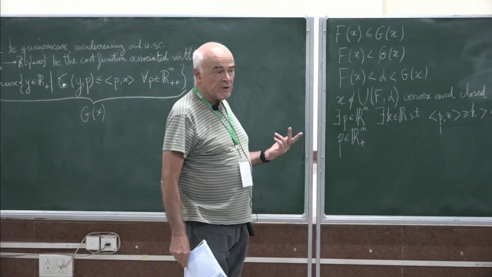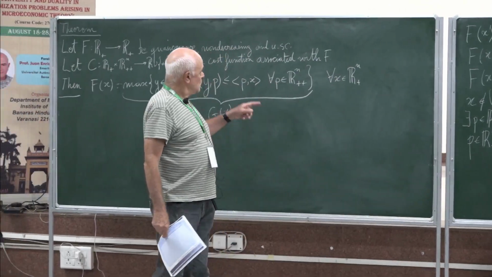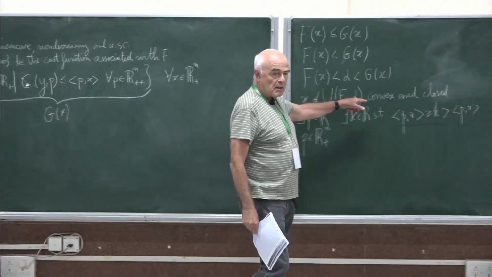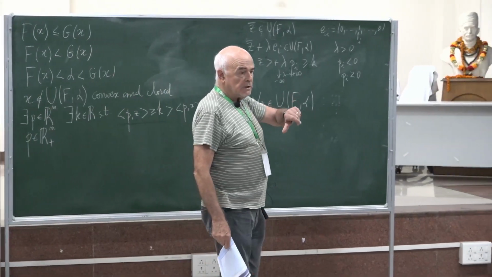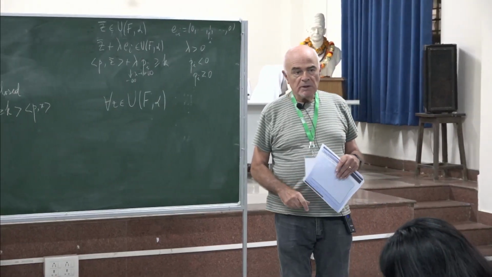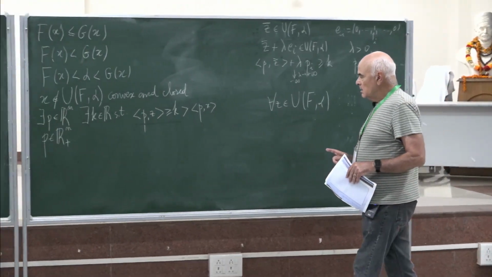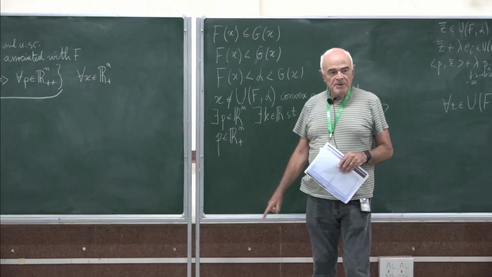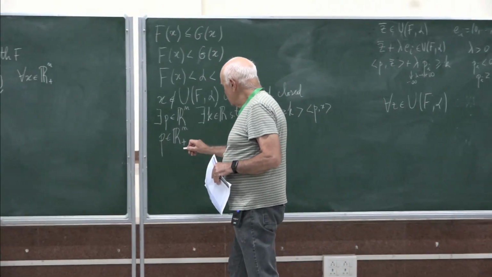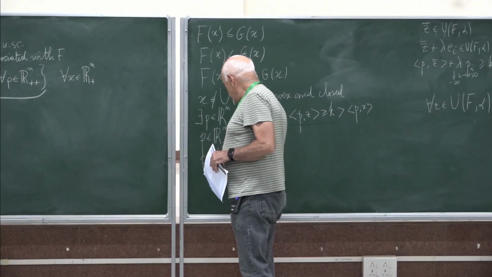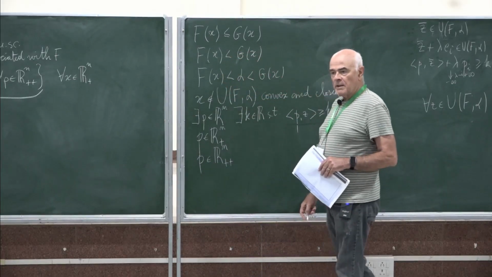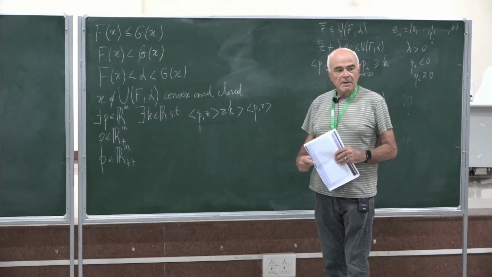So I'm using every assumption. I use that it is quasi-concave and upper semi-continuous to say that the upper level set is convex and closed, and now to prove that P is non-negative, I use the non-decreasingness. But this is not enough to say that P is a price vector. I need P to be strictly positive. And how can I achieve that? Very easily. If my original P